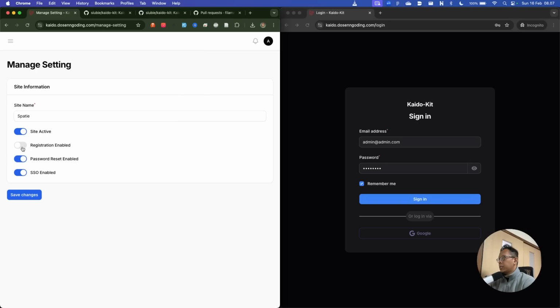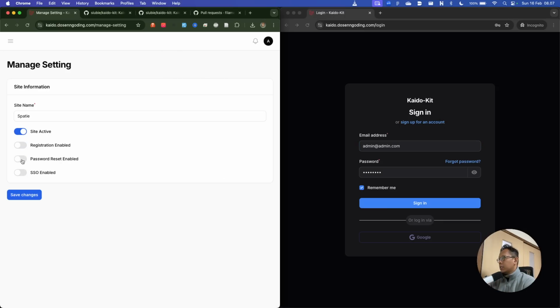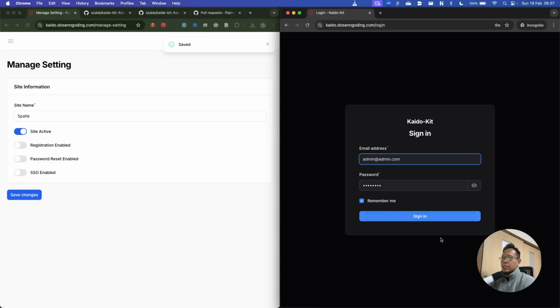But when we enable again, we can save changes and reload. So we have all the features set up. And if we want to disable everything, something like this, we can get something like a basic Filament panel login.